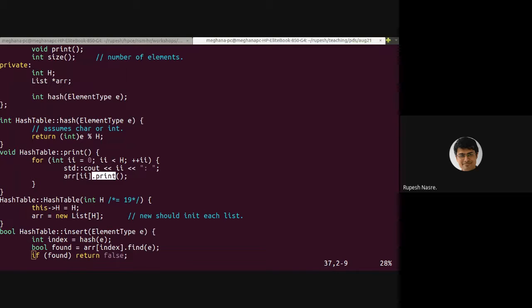For example, if you have some string data which is not comparable by the semantic sense, or some other records which are not comparable by the semantic sense, then you can hash that particular record onto an index, right? So you kind of map it to an index, and then the searching becomes possible. So that is another reason why hash tables will be useful.